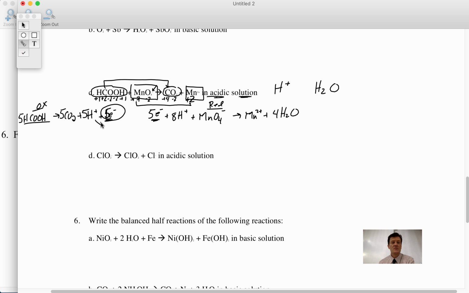Now I'm just going to bring these two half reactions together. I don't need the electrons in my equation because there's going to be 5 on the right, 5 on the left, so that'll cancel. I also look for other things to cancel, things that are redundant. For example, I've got 5 H's on the right here, 8 on the left over here. So I know that these 5 are going to cancel 5 of those, leaving just 3. So my final reaction is going to be